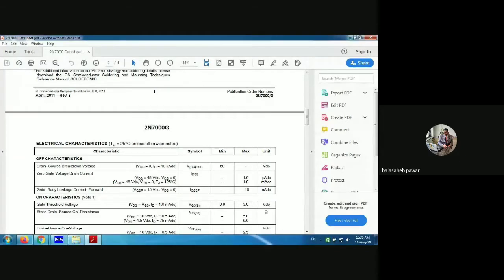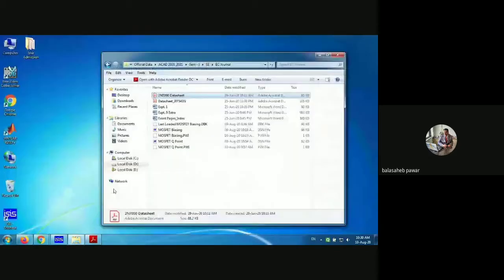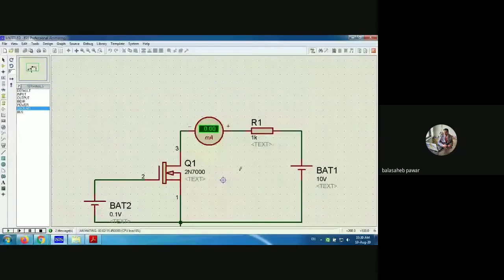So the same thing we will be able to check, as well as whatever we discussed last time, that also we will be able to verify. At this stage, I applied this input voltage, VGS, as just 0.1 volt, but as per the data sheet it is less than 0.8, and that's why this transistor will not turn on even if a non-zero output DC voltage is applied, which is 10 volts, right?